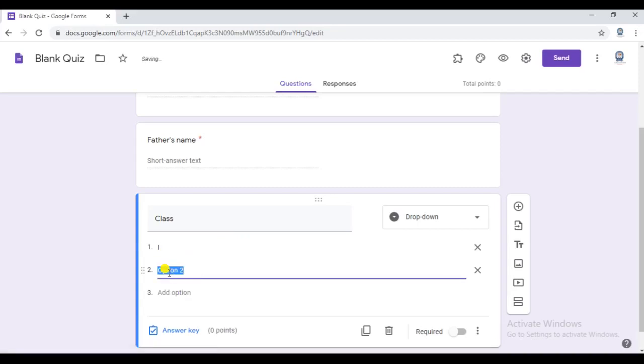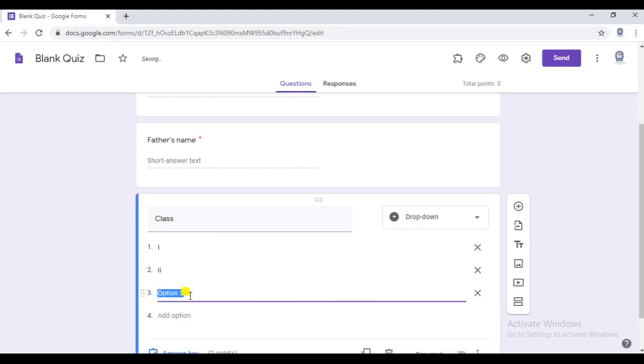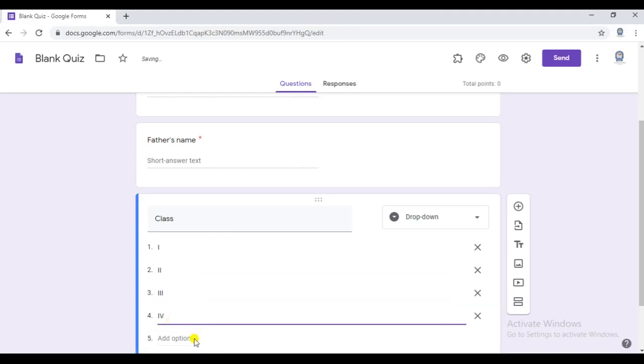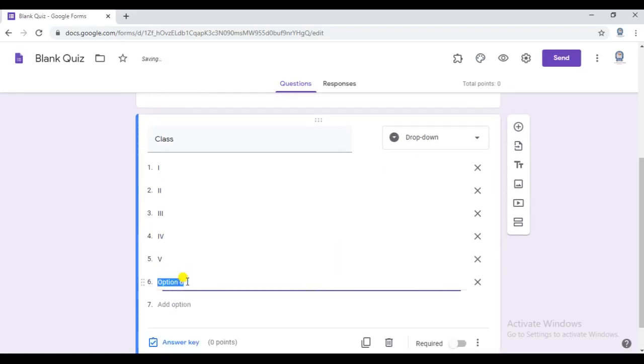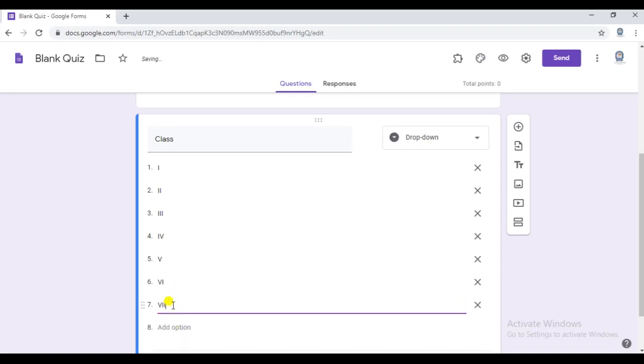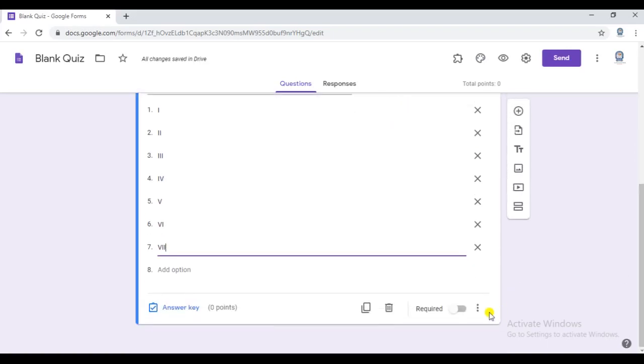Click on add option and you will get a second option, class 2, and so on. You can enter classes in this manner, and all the classes will appear in the form of a drop down box. So this is class 6, and at the last we will have class 7. Again, this is a required and mandatory field, so we will click on the required option.